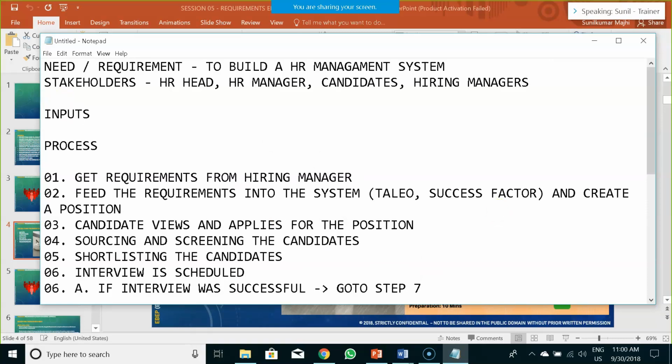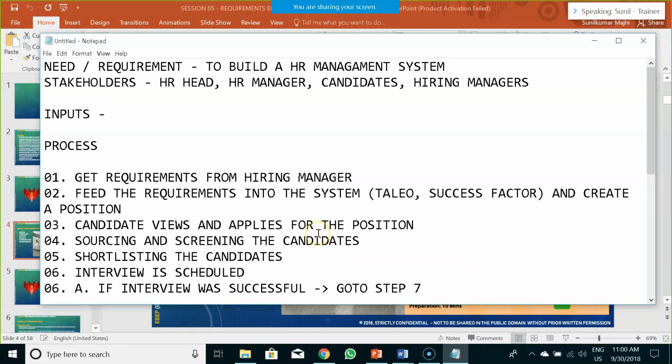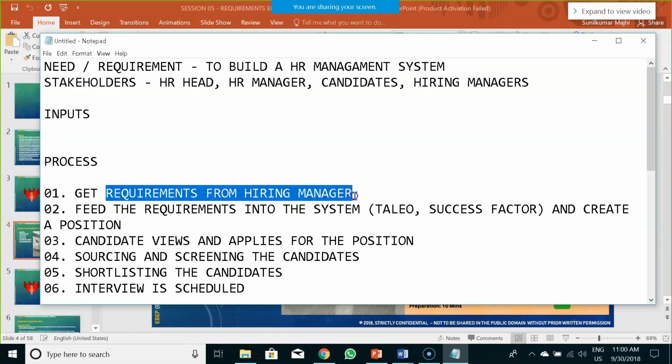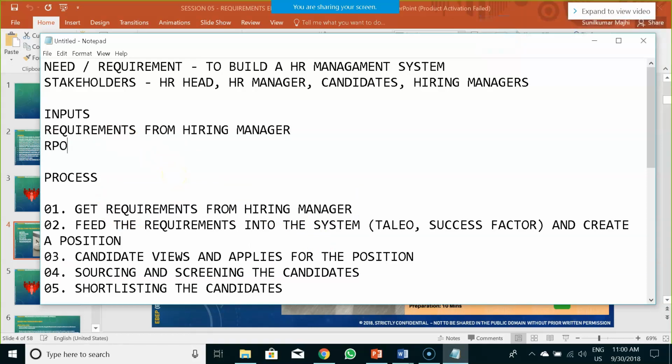So what do you think could be inputs in this particular process? There are many inputs we could see over here. Can someone identify what are the inputs? Correct.